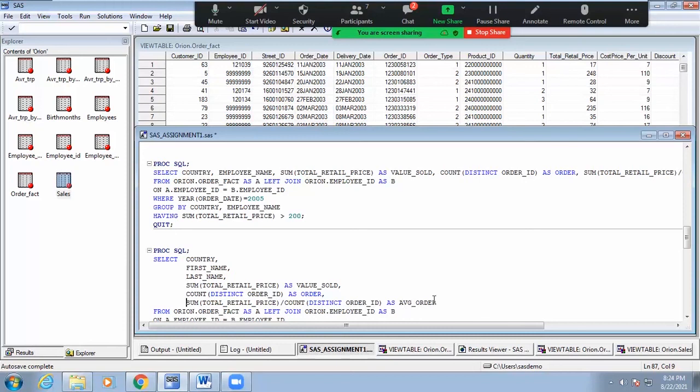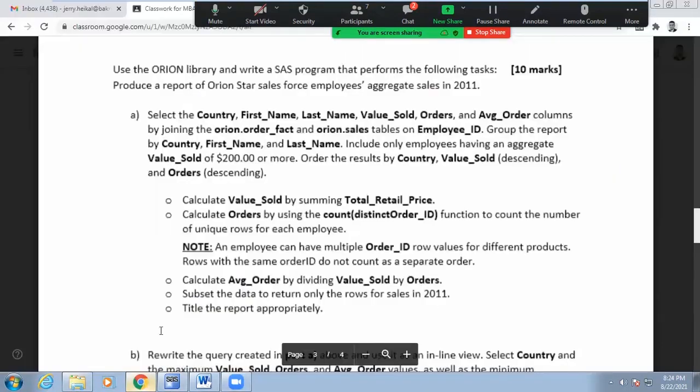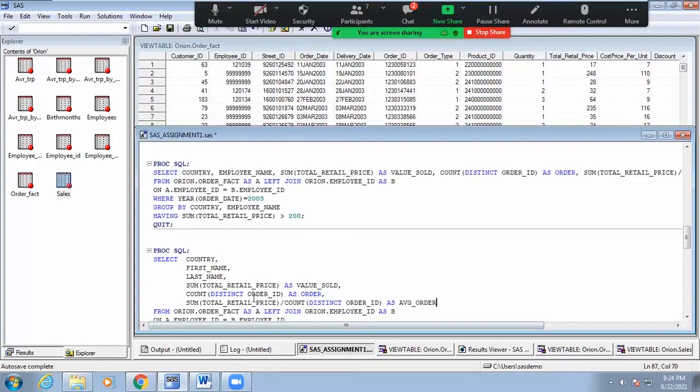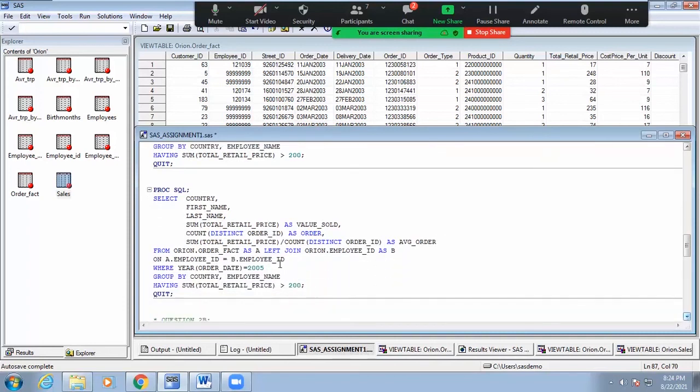As average order, because he wants us to calculate the average order by dividing the value sold by order. Okay, count this thing and then you divide sum of total retail price by count of distinct order ID as average order, like a ticket size from the order. From Orion order fact A, left join Orion